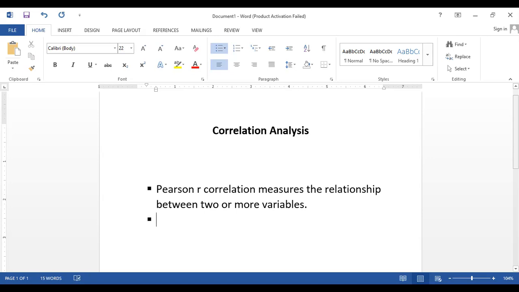Secondly, the value of R ranges between -1 and +1.